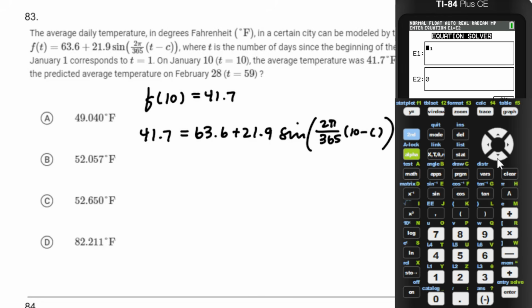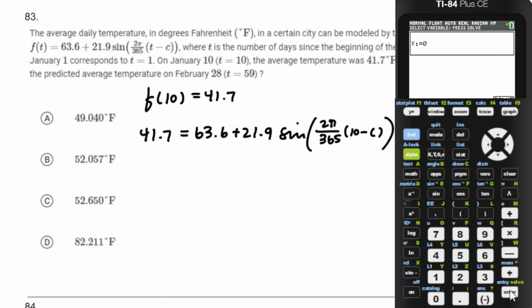I want to solve y1 equals 0. So in equation 1 I put y1, in equation 2 I put 0, I press OK, enter. X equals 200 was kind of my right bound. I have not pressed solve yet. When it says solve, really what it's talking about is this F5 button. So I press F5 and it's thinking, select variable, press solve. Okay, and then I get this 101.2499. Okay, I think that that's what I need. And so that's going to be c equaling